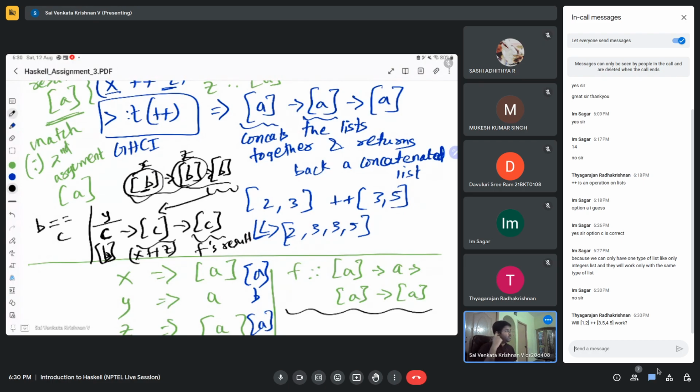Mostly [1,2] ++ [3,4,5]. Yeah, that will work because we are not assigning a specific type to [1,2]. That's a good question, Tyagarajan. So we are not assigning a specific type to [1,2], so it will work because